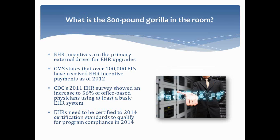All right, so what's the 800-pound gorilla in the room? And I have a feeling it might be called CMS or something like that. Related to CMS, yes, and obviously going back to the ARRA Act of 2009, the HITECH Act that introduced the EHR incentive program to us all. I remember in February of 2009, reading about it, and quite frankly, that's when my organization started thinking, gosh, that's going to necessitate